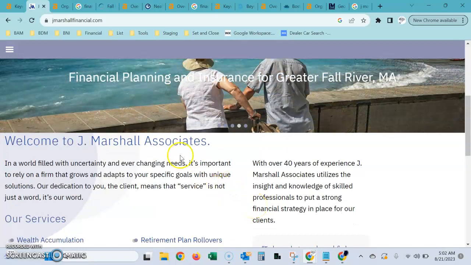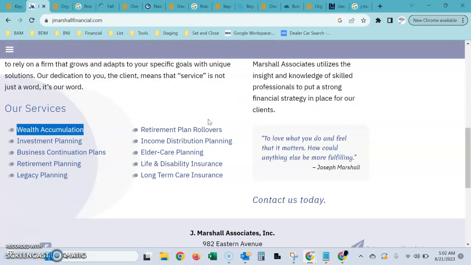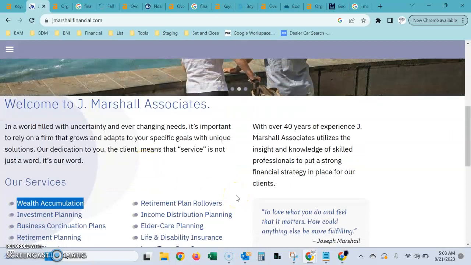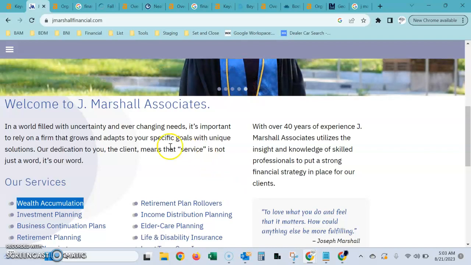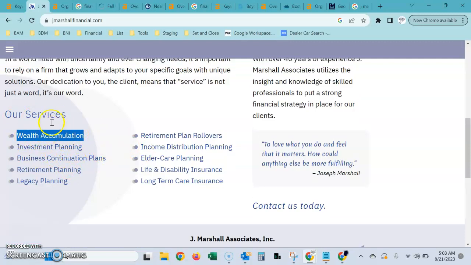Now, while it's counting all those words, it's also searching for those keywords, so any of the services that you want to offer or areas you want to offer them in. However, this is where the number of words on the page really comes into play, because you're only allowed to have one of those keywords for about every 100 words of text on the page. So the more information that we want to give, or the more keywords that you want to be found for, just means that the more actual text has to be on the page, because Google is actually reading that text. So in order to qualify a keyword like wealth accumulation or investment planning, the 100 words of text following that have to be specifically describing that word in order for Google to pick it up.